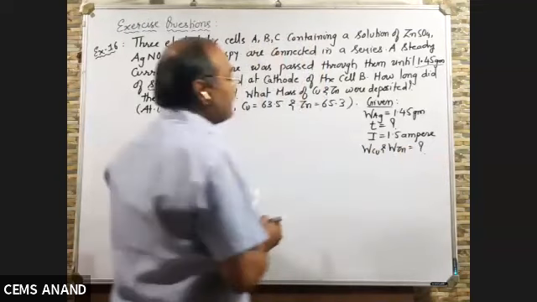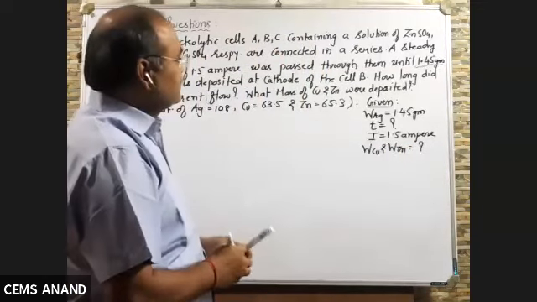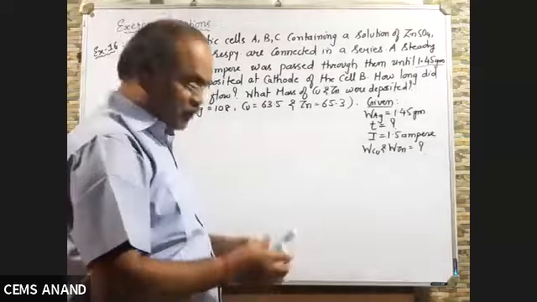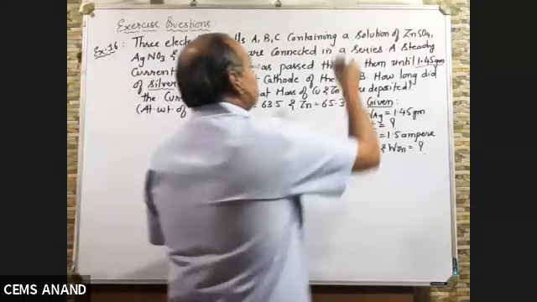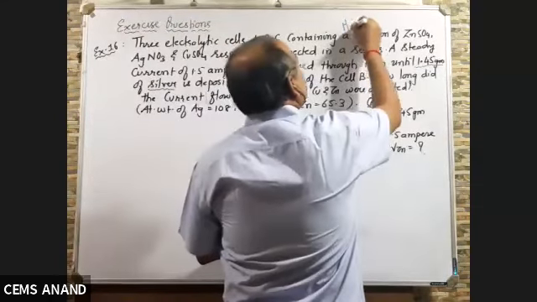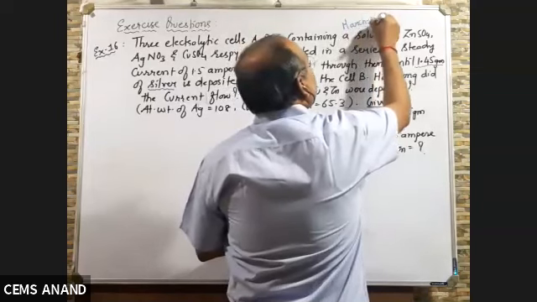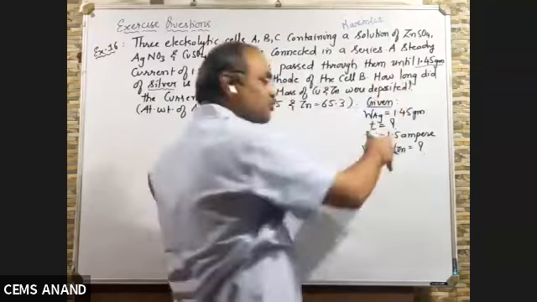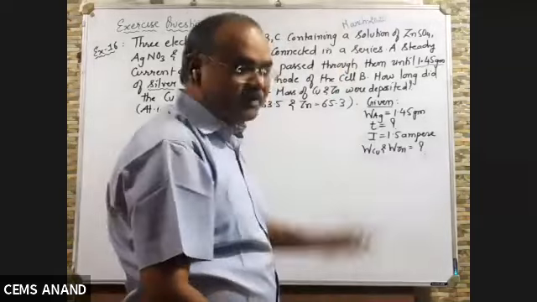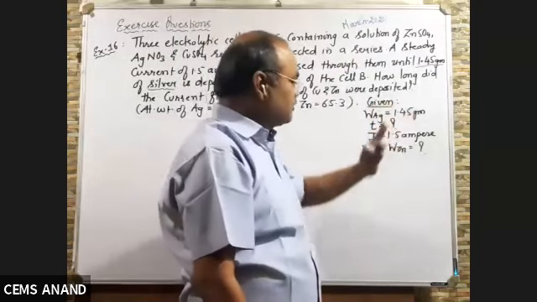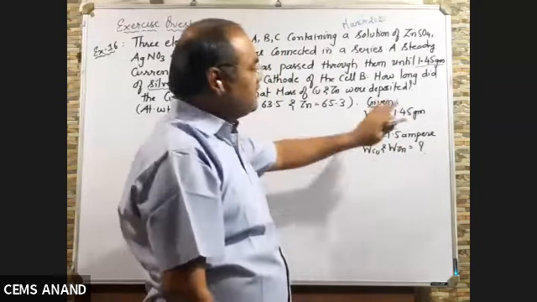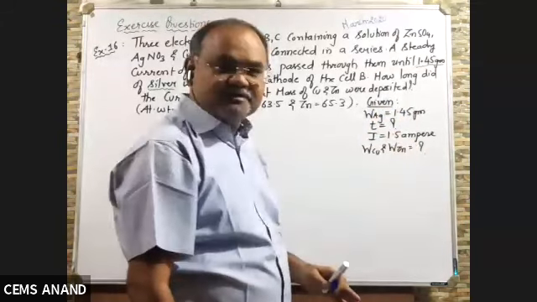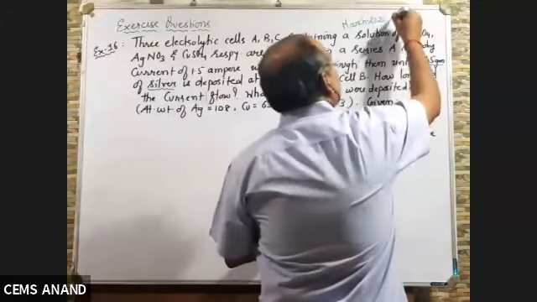Okay, this is asked to you. Before we solve this, in March 2020 the same numerical along with the same data was asked. The weight of silver was 1.45. Everything is the same: 1.5 ampere current is passed. Only in the numerical, instead of